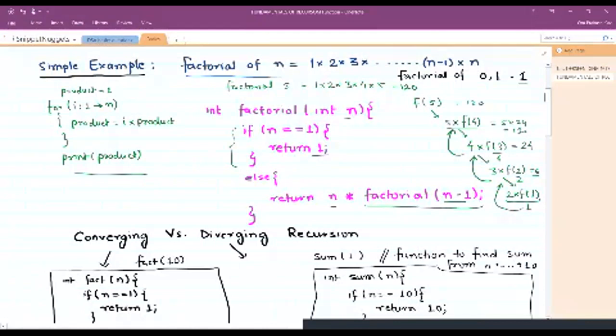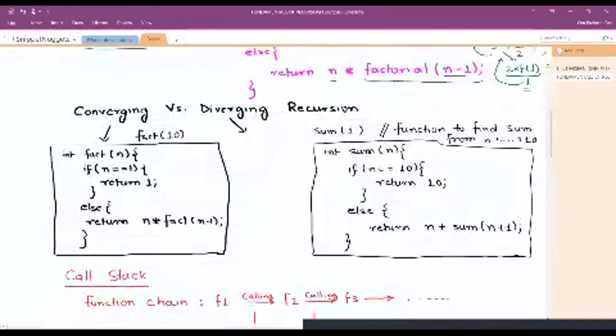So you can focus on this thing, that it keeps calling itself, it hits the base case, and it returns again one by one to the previous step. Finally, it fetches or returns you the output. This is how the control flows. We can try understanding this in a call stack way, but before that, let us see what are converging and